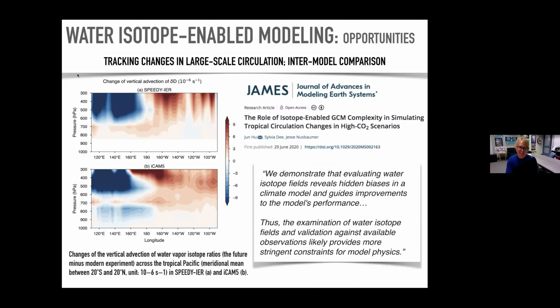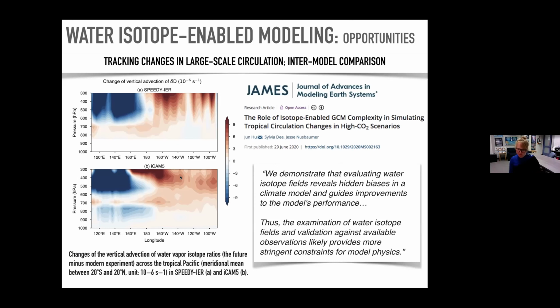This is just an example figure showing the change in the vertical advection of the delta D of vapor in SPATIAL, which again is a fast physics intermediate complexity climate model, against ICAM5, which is more of a Ferrari climate model. We used the water isotope fields to check the simulation of circulation changes in both models and used ICAM5 as a target